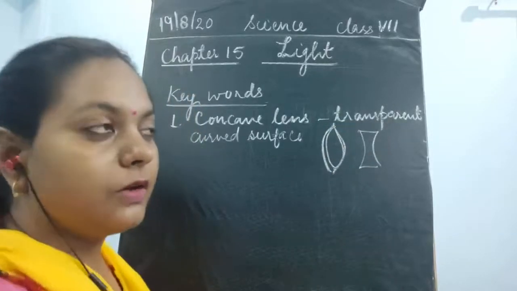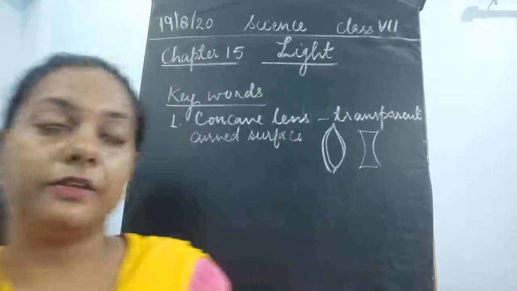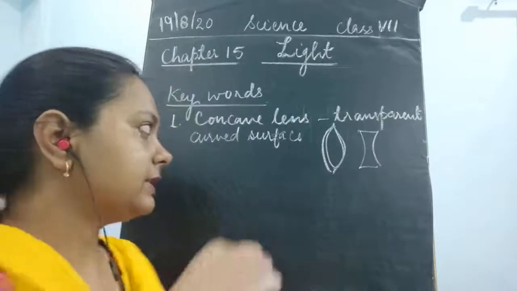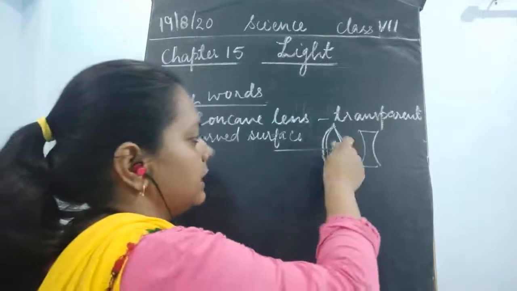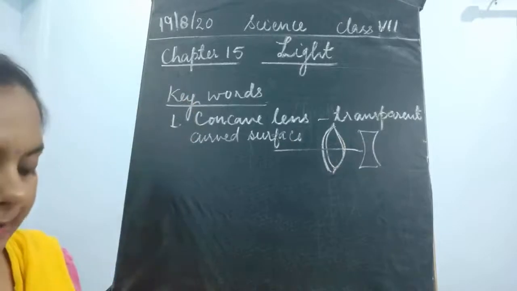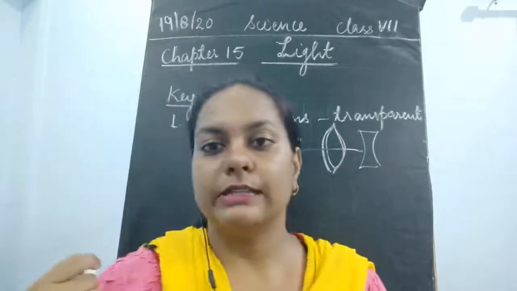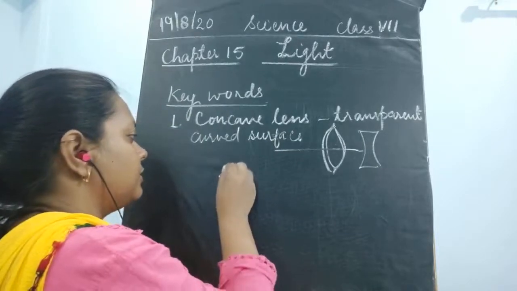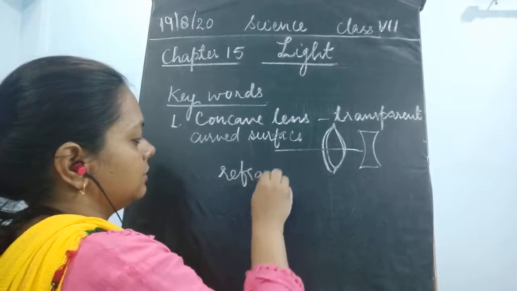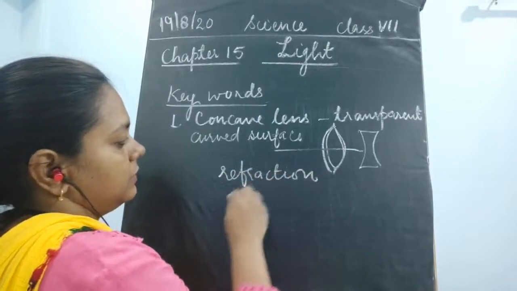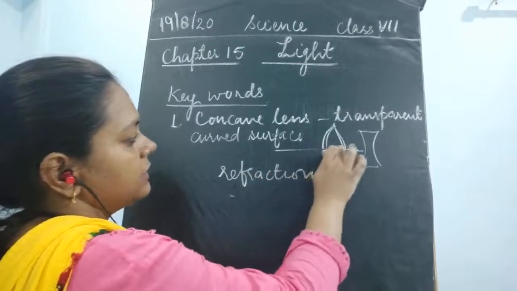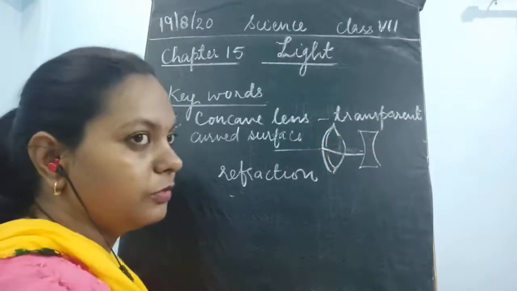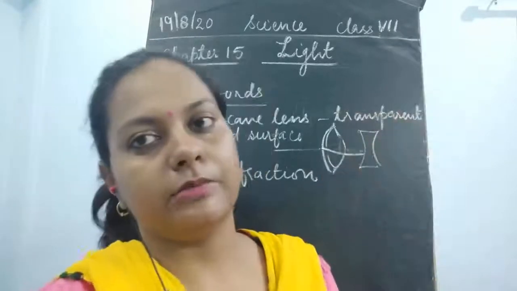So this is the meaning of the word lens, which is a transparent refracting surface where the light passes directly, crossing this transparent glass, and then comes out from the other side after bending. This is known as refraction, children. We have talked about reflection, and we'll talk about refraction in the higher classes. It means that light entering here does not simply move out, it bends somewhat and then comes out.